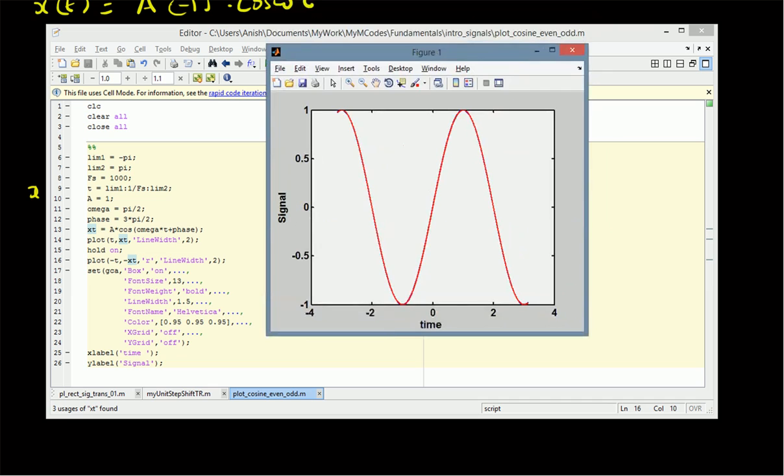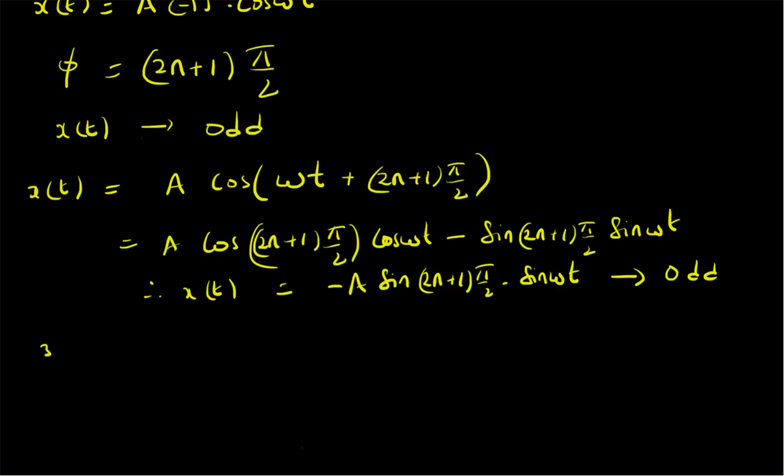That means the signal x of t matches minus of x of minus t. That is, it is an odd signal. And finally, in case 3, when phi is not equal to a multiple of pi by 2, that is phi is not equal to n times pi by 2, where n is an integer. In that case, say for example phi is equal to pi by 3, then in that case the function x of t is